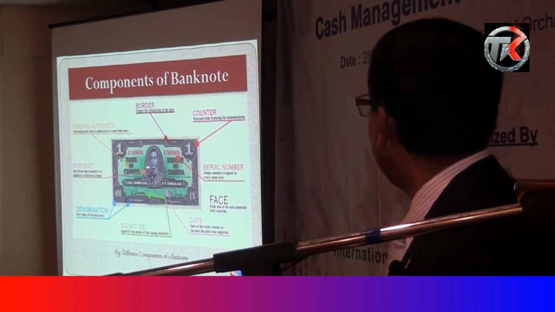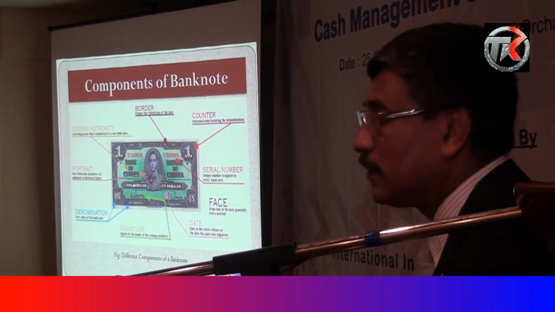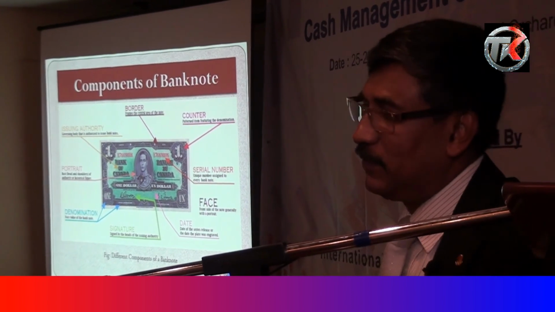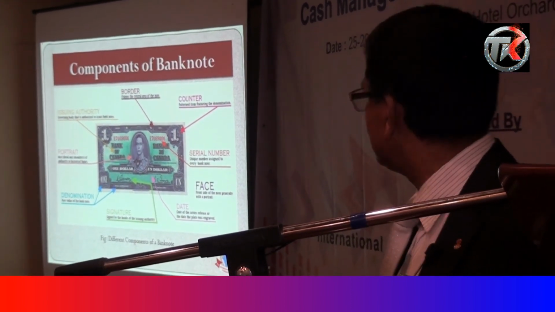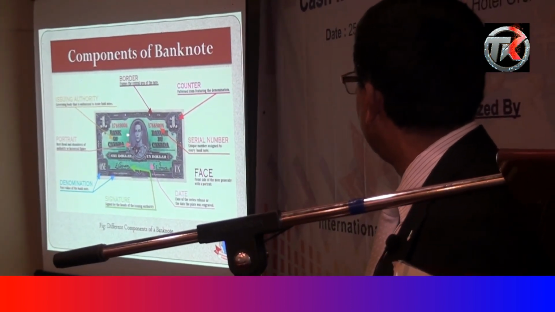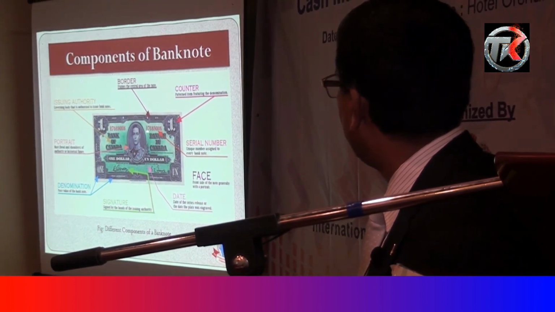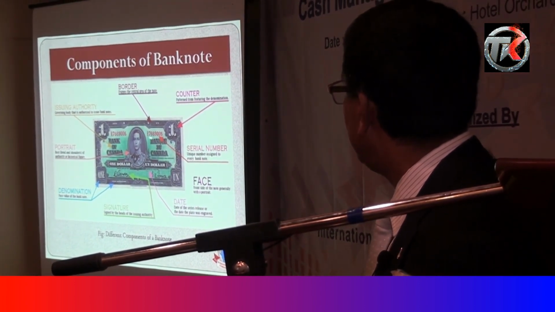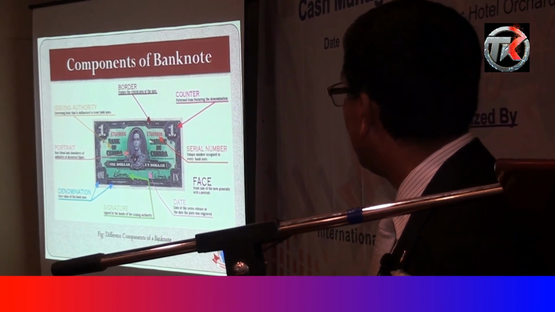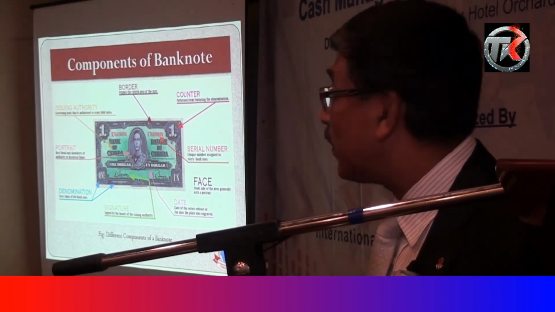Then usually one portrait is there. Somebody, 1, 2, 3, Philippines has got 3. Then a serial number. This serial number is written from left to right. There are certain serial numbers which are written